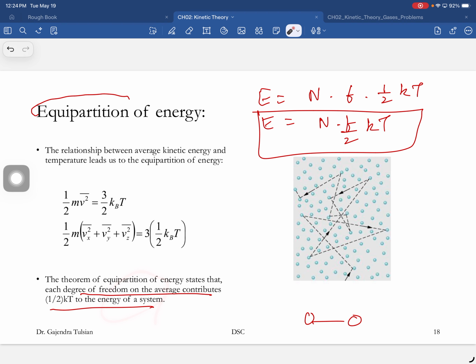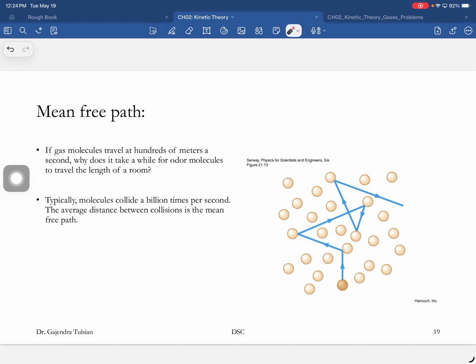So here's a question. What is the average speed of the molecules in this room? 500 meters per second. So the molecules are traveling at about 500 meters per second. Let's say I take a perfume bottle and spray it. Do you smell it immediately? I mean, it should take less than 1 second. Why don't you smell it immediately? Heavy molecules? All right, so let's give it half a second. It's going to push all the other ones out of the way.